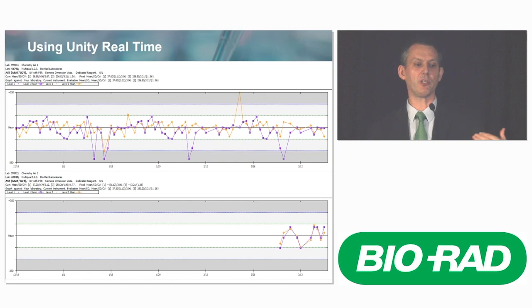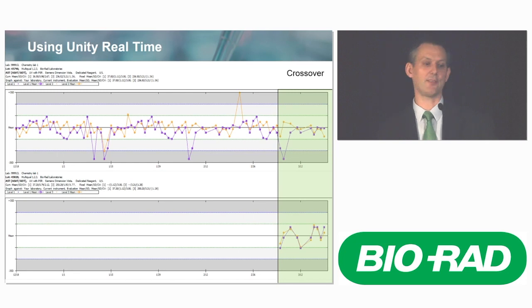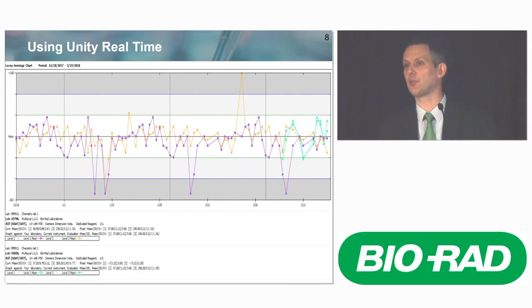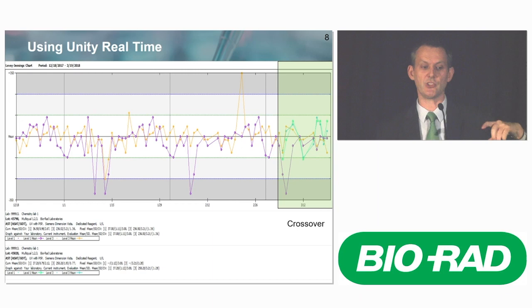So remember that. And then here, it's also nice to use a visual representation, so Levey-Jennings, like I talked about. So here in Unity Real-Time, you have a multi-Levey-Jennings option. On the top, you would see our current lot, and on the bottom, you see our 10 days that we're running our crossover. At the time that we're done, we can just hide and disable the old lot, and then we just continue with the new lot. You can do this nicely next to each other with 2 Levey-Jennings, or you can even put them in the same chart, and now your crossover study is here at the end, and you can see that, like in this example, everything looks okay, and you're ready to go with your new lot.